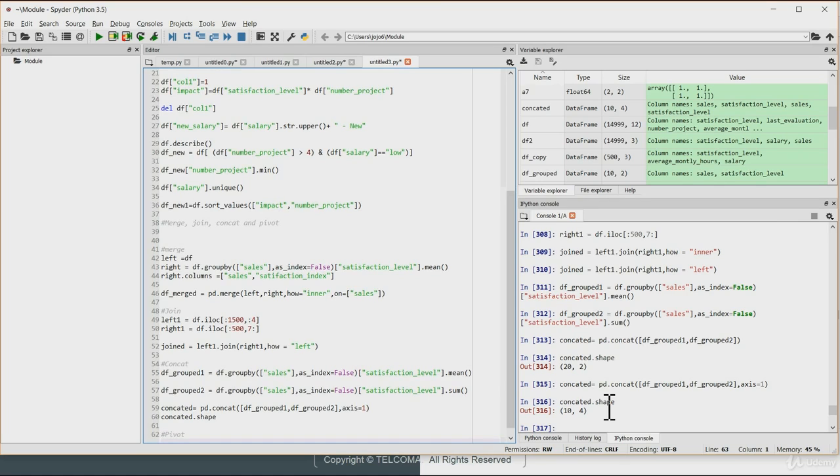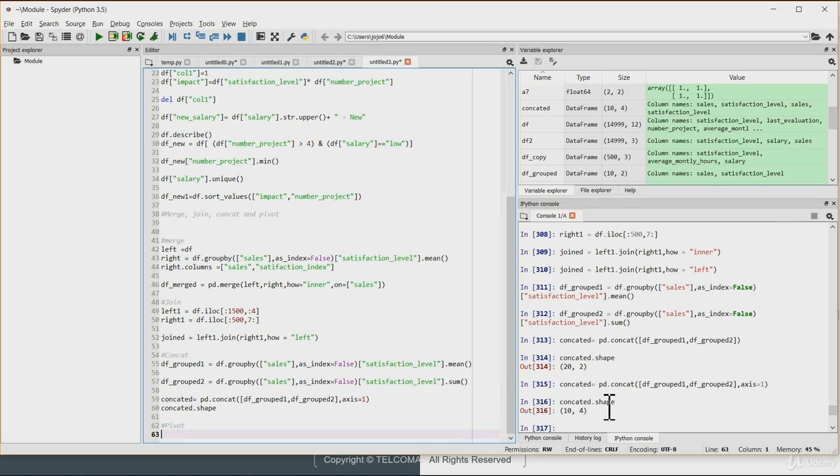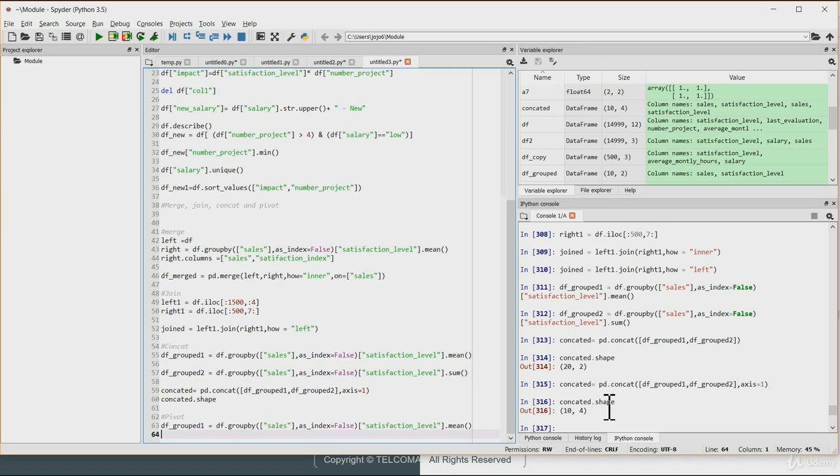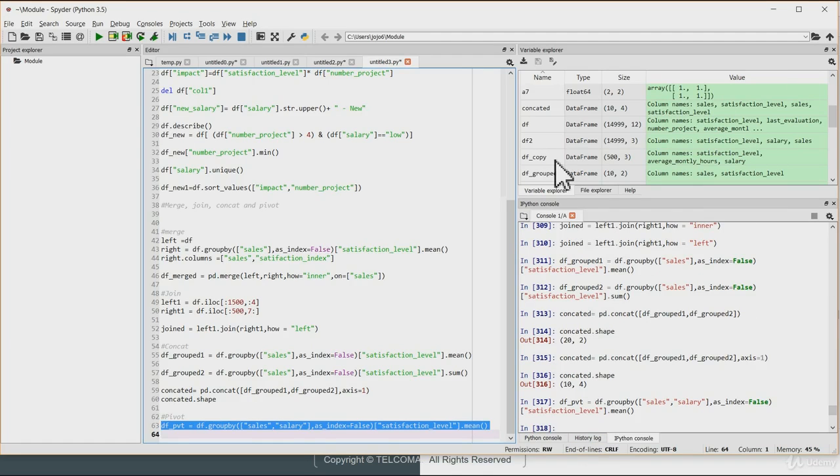So pivot is something which you would already be familiar with if you have already explored Excel. So pivoting would be, let's say a scenario, we have two variables. We have probably explored this earlier, but let's take it into account once again. So we're creating a new data frame over here, let's say data frame PVT, and we are grouping this on two dimensions, sales and salary. Now with the resulting data frame over here,